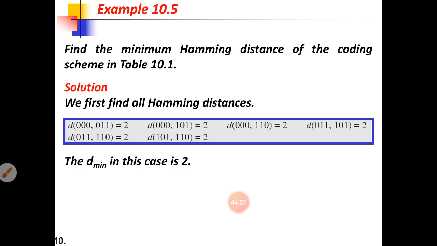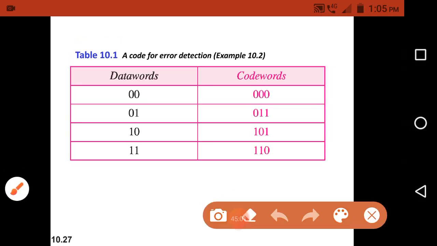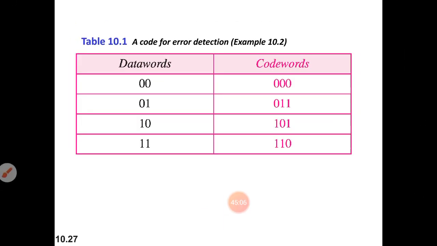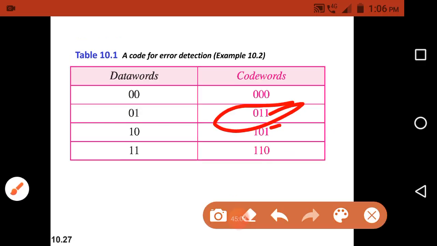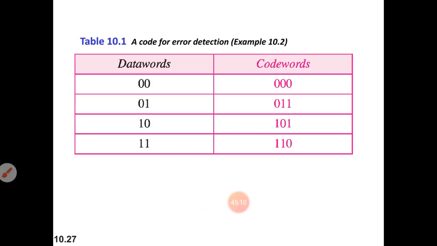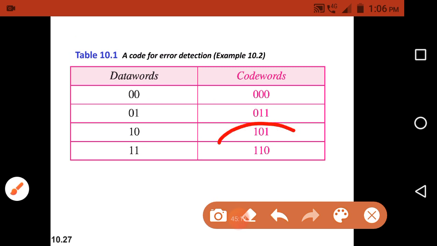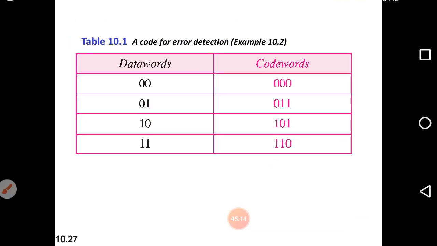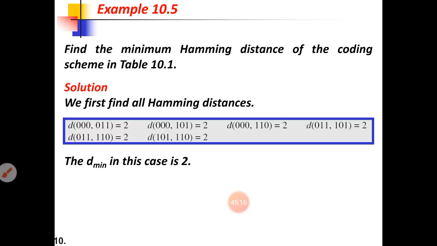Okay. So next they have taken these two, 000 and 110. Okay. And after that they will take the 011 and 101. Okay. And finally they have taken these two pair, 101 and 110. Okay. So for all the possible pairs of code words they have applied the XOR operation